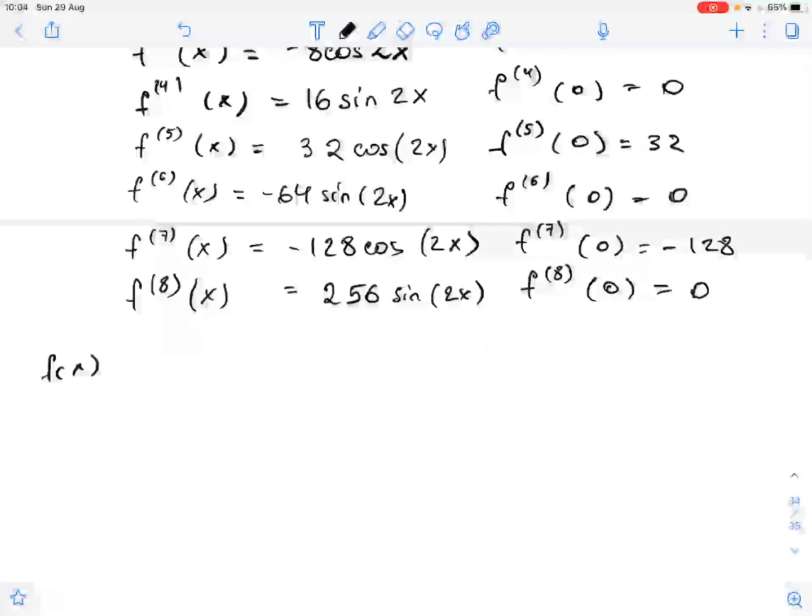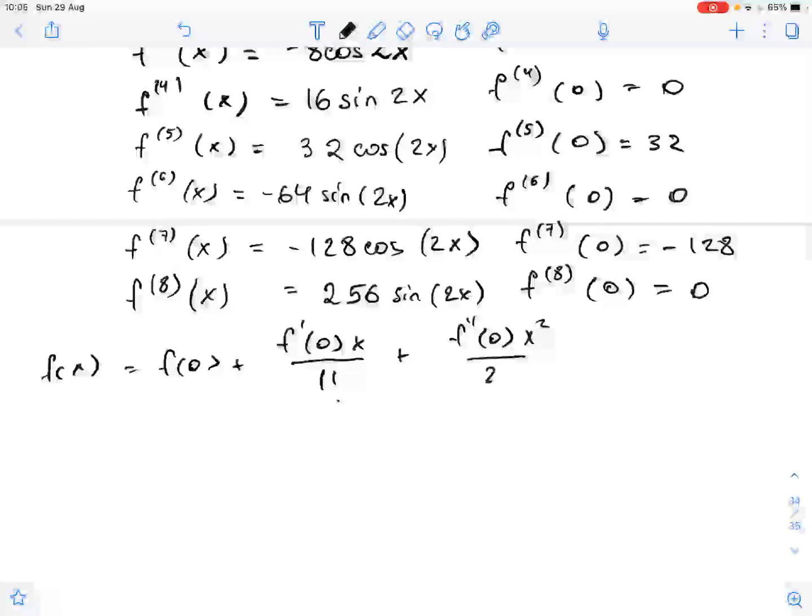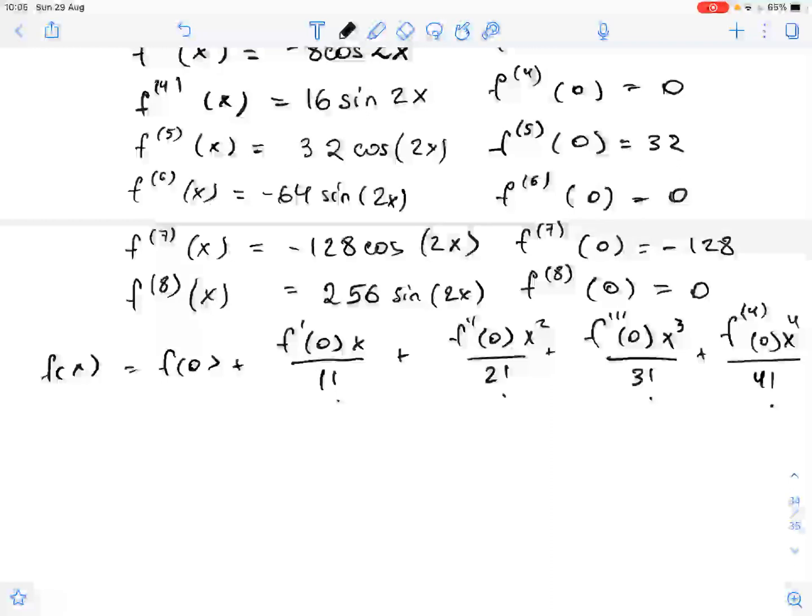So for the Maclaurin series expansion, we get that f of x equals f of 0 plus f prime of 0 times x over 1 factorial plus the second order derivative of f of 0 times x squared over 2 factorial plus the third order derivative of f of 0 times x cubed over 3 factorial plus the fourth order derivative of f of 0 times x to the fourth power over 4 factorial